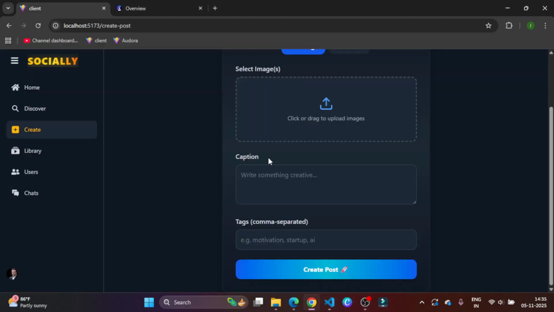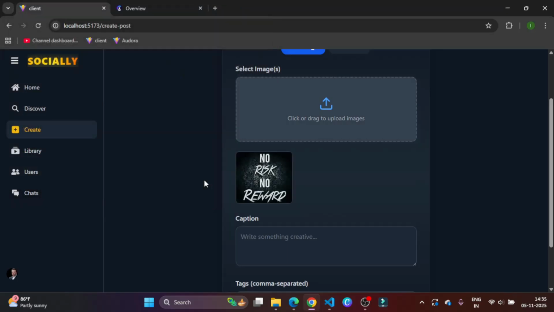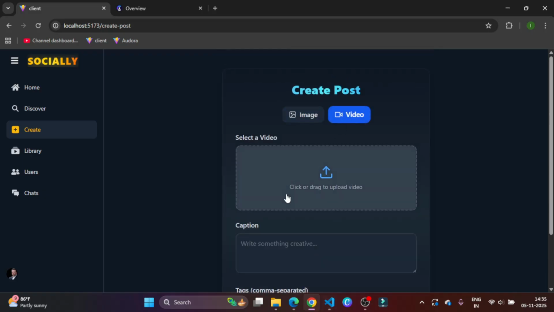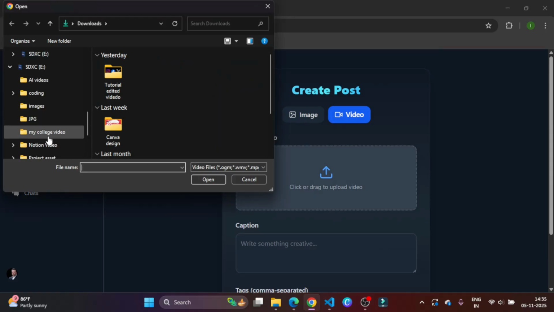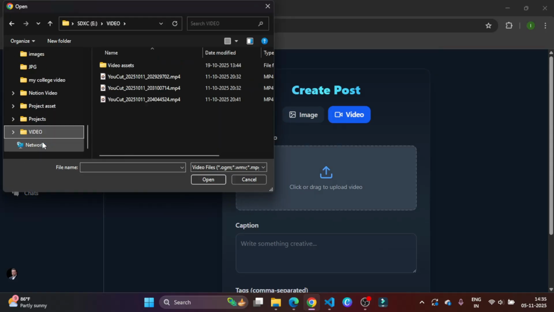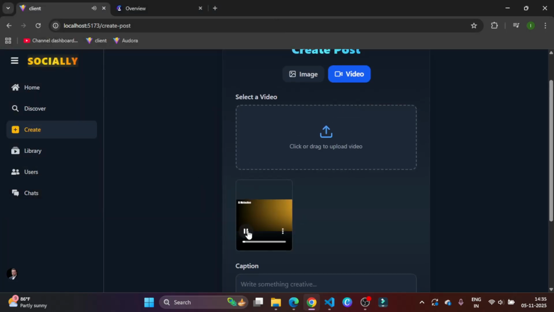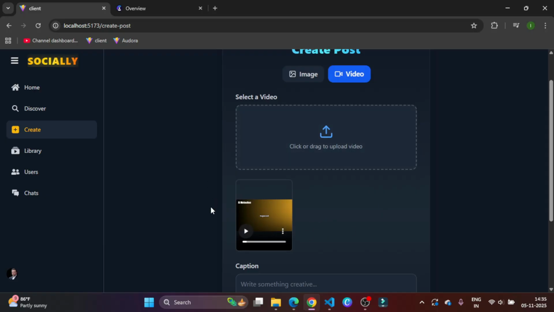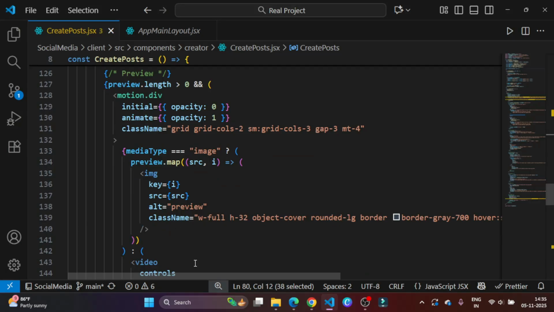This one, when you select some image, here you can see that preview. And if you select video, let's pick up a video. I think we have the video. Yes, this is the video. Yes, now you can see the video. So right, you also can check, and even you can design the way you want. If media type image, otherwise